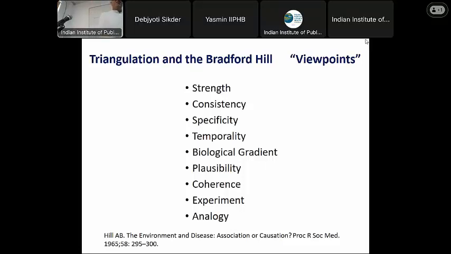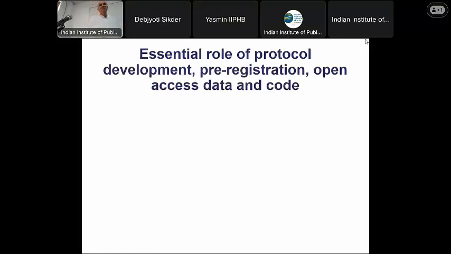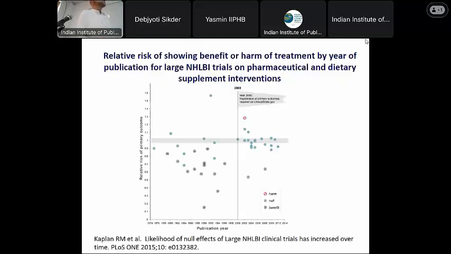So there are many different approaches, but I think the Bradford Hill viewpoints, which he never called criteria, have been badly done to in a way, because I think they're a good informal way. I think it's important that you have a protocol which is developed and pre-registered. This is for